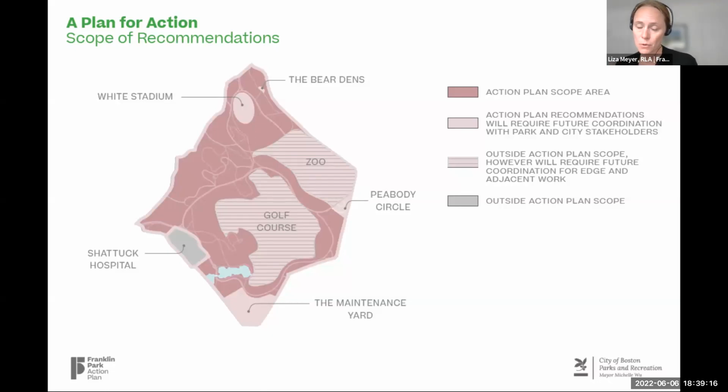Sometimes it's Parks that owns and manages it, as is the case with the golf course, but it has a specific program that requires it to be considered in a different way than some of the other spaces in the park. And then there's Shattuck Hospital, which is not owned by the city and really has been carved out for a different purpose altogether, though the edges of that parcel are really important for us to understand and make recommendations, and possibly as it redevelops, make recommendations or understand what the recommendations are for improving the park along the Shattuck edge if we have that